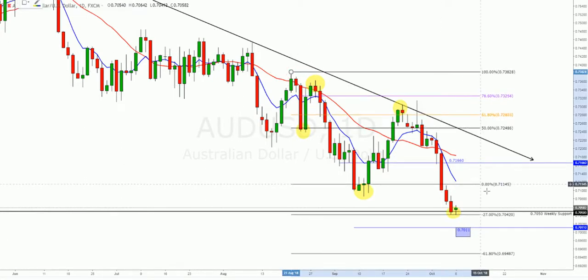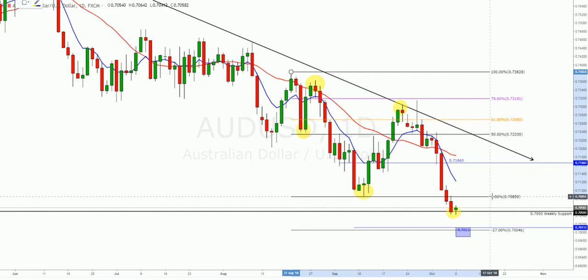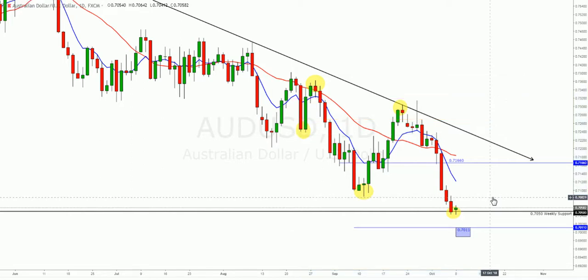And as you can see, we've got this Fibonacci here, which does line that extension target up very nicely with that 0.7010 region. So really got to watch price here as the moving averages close in. Could be seeing a small amount of consolidation. Today's open has set price up nicely to close as an inside bar, so there's potential for some consolidation here as the moving averages close in on top of price and squeeze price to this level before either breaking out